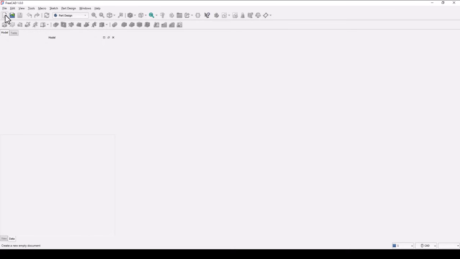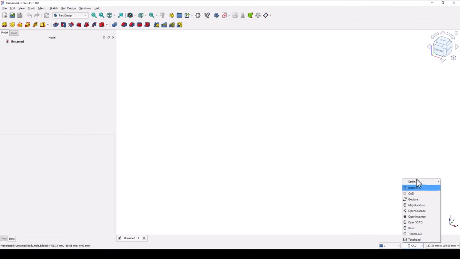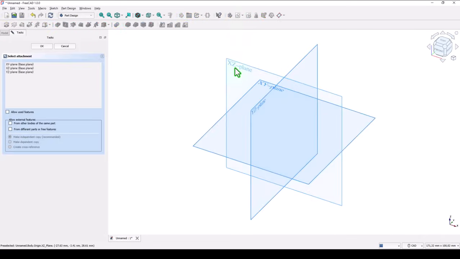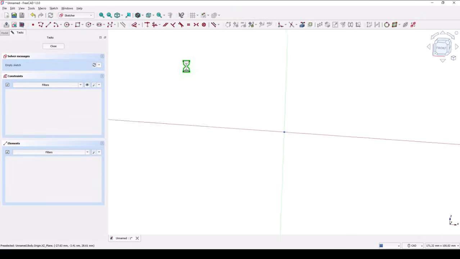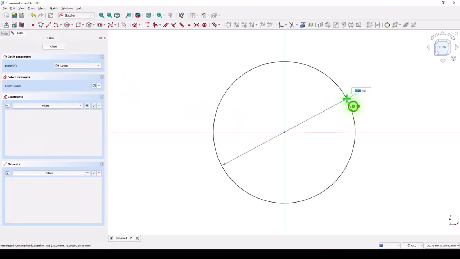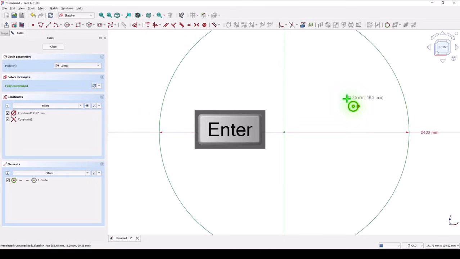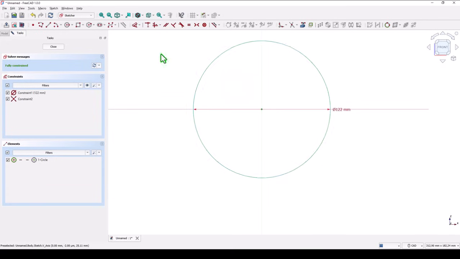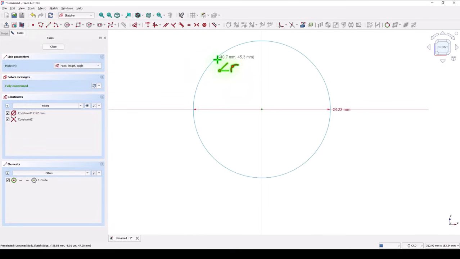New empty document. Take a look at this workbench and select CAD, not Blender, because we create mechanical parts. New XZ plane, circle, diameter of 122, then a horizontal line between these two points of the arc,